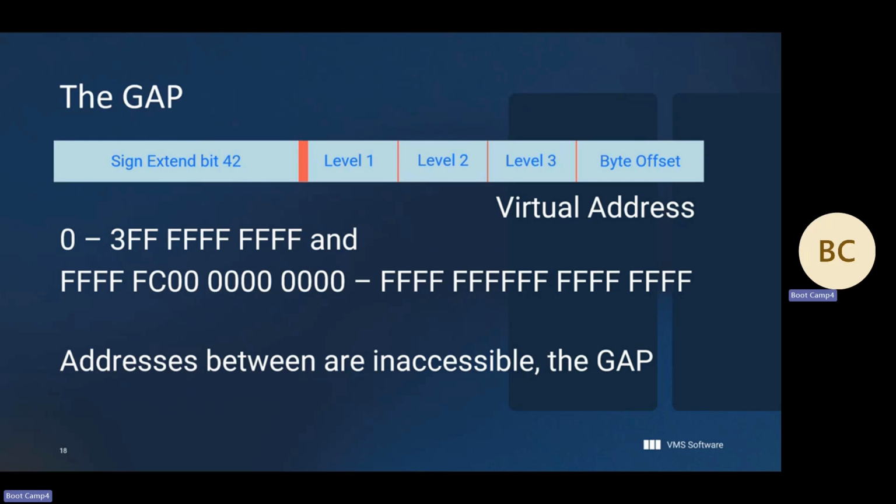Addresses between there are inaccessible because bit 42 must be sign extended. If you try to generate an address with something other than zeros or ones in that high part, the CPU will just say no in some moderately unfriendly way. And we call that the gap.